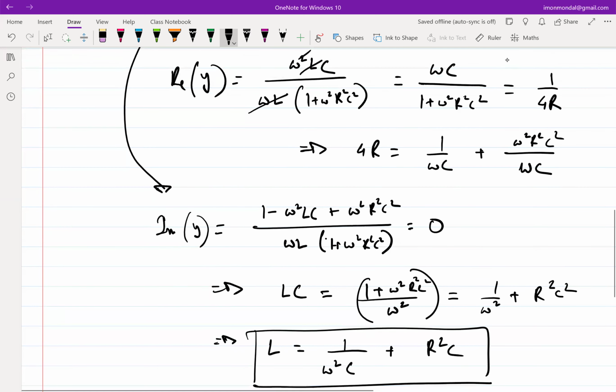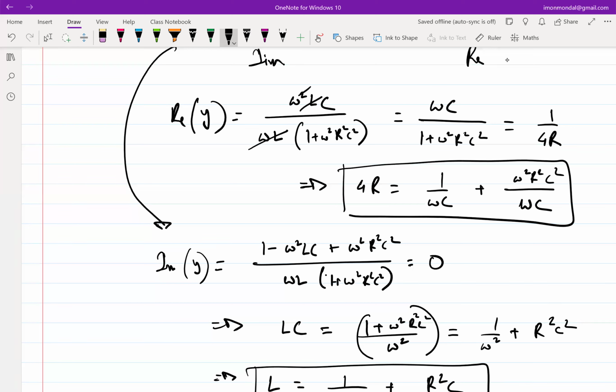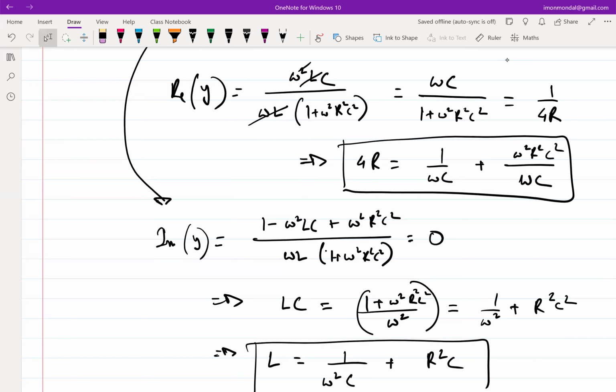And once you put that value of the L here, L doesn't exist here. Okay, fine. So basically all you have to do is, for the particular omega, you'll have to size it in such a way that this goes to 4R, right? So the question is,